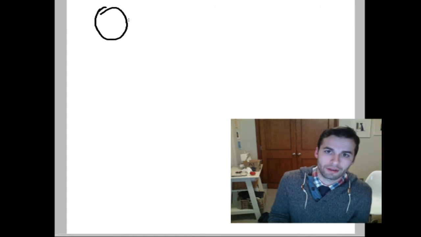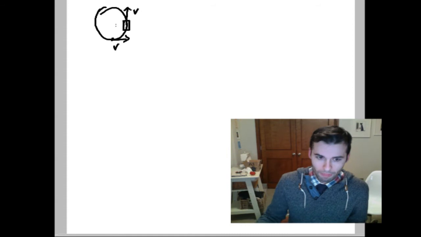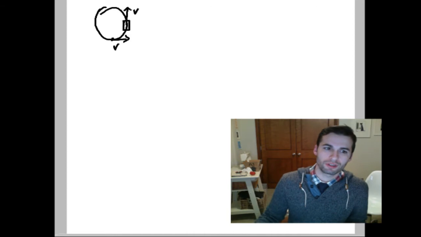So let's start with circular motion. When an object is moving in a circle, we have to have some force directed in towards the center. So again, circle, and let's say that this is a circular track, and I've got a car, say right here. Now, at any given instant, that car has a velocity that is tangent to the path that it's taking. So let's say we're going around at a constant speed. Well, if we're going around at a constant speed, then it's important to note the difference between